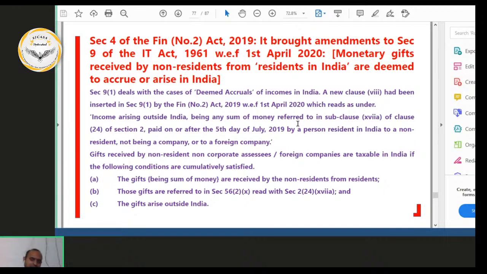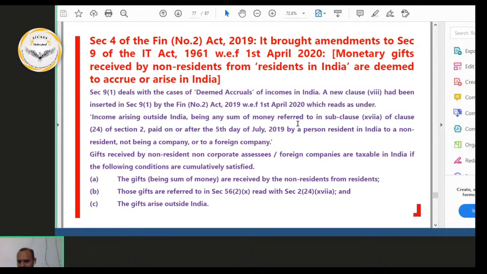He can be a non-resident, he can be ROR, he can be RNOR, whoever. So it will be taxable. It is treated as a deemed accrual. If the donor is a resident in India, then the gift is always deemed to accrue or arise in India. It covers only monetary gifts. But even though the section says like that, in the case of treaty countries, you can take the treaty benefit. Most of the treaties give relaxation,